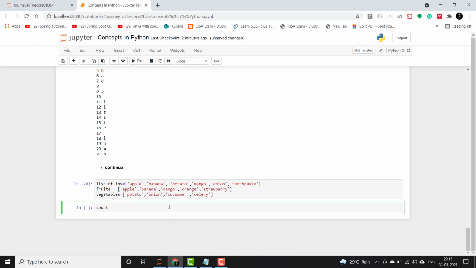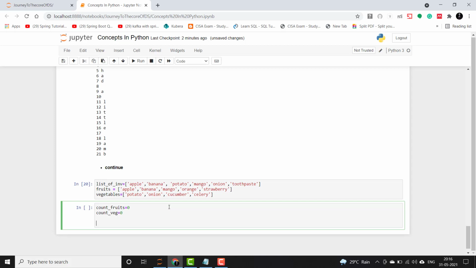Let's say that count of fruits is initially 0, count of vegetables initially 0, and we will loop an item in the list of inventories. So we'll simply use the in statement and we will print the item for now.